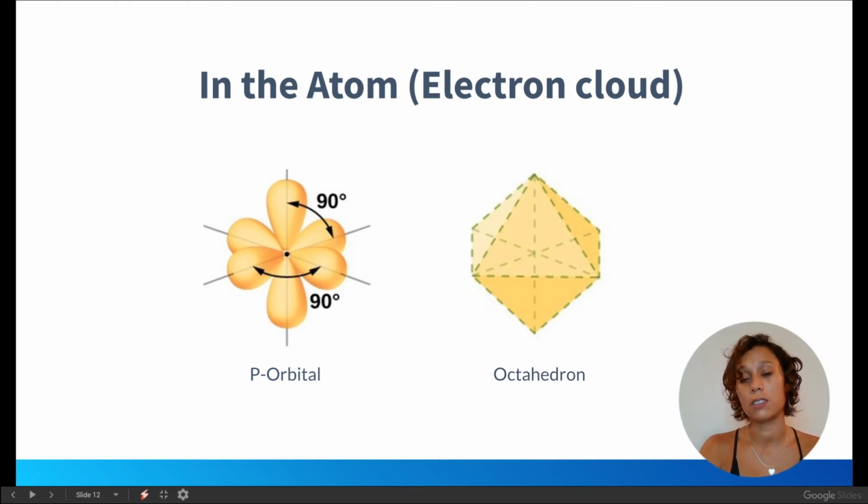So here you have it. The spheres exist in the atom. But after that, these electrons form geometries. And this is the next geometry they form. They form the so-called p orbitals on an x, y, and z axis, exactly at 90 degrees to each other. And if you just see them as lines, and this is actually an image from a school book, you can see it is an octahedron.